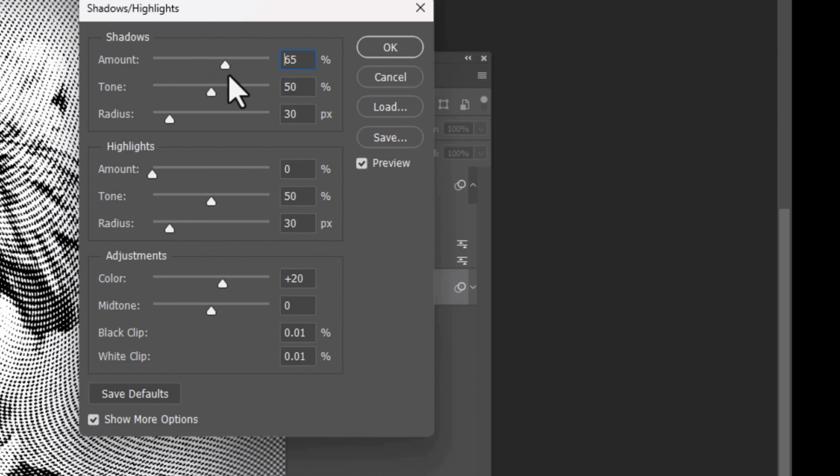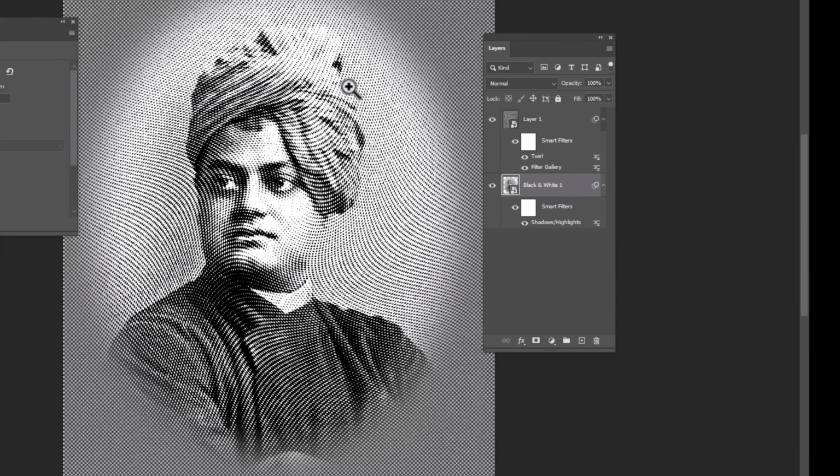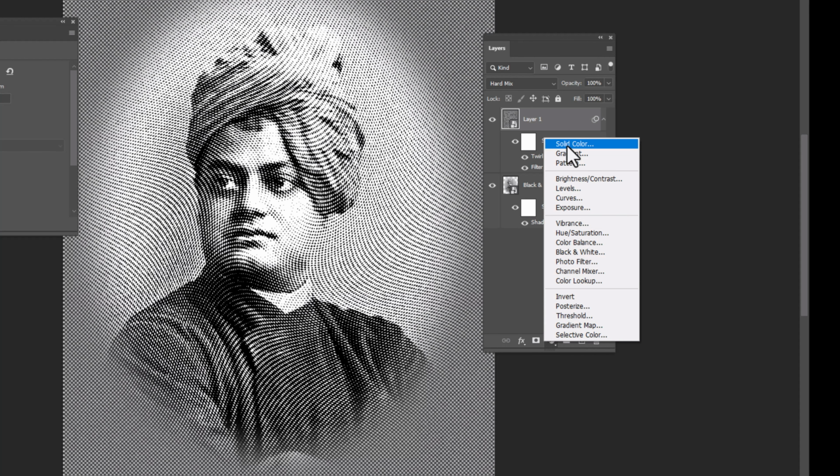Keep the percentage. You can adjust the percentage. You can adjust the value. That again depends on the image. Okay, so adjust the value till everything is clear. And once everything is okay, can you see here? Radius. This is the radius and click on OK. Once you finish up this, go to the top layer. Next, go to adjustment layer. Click on solid color